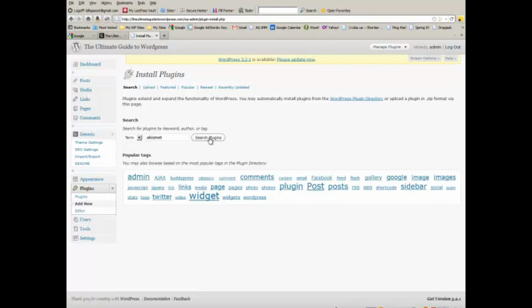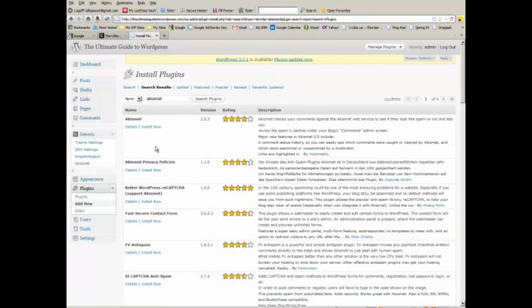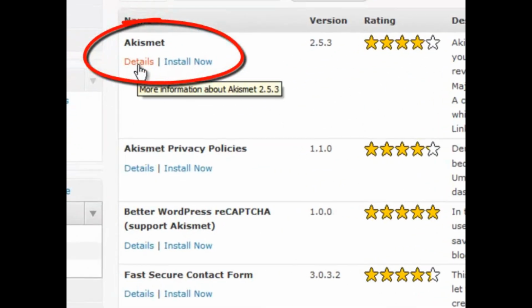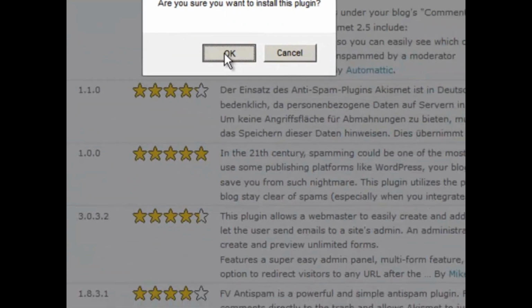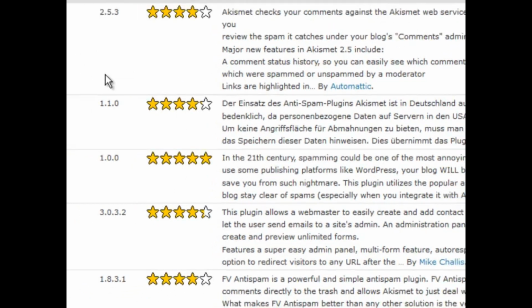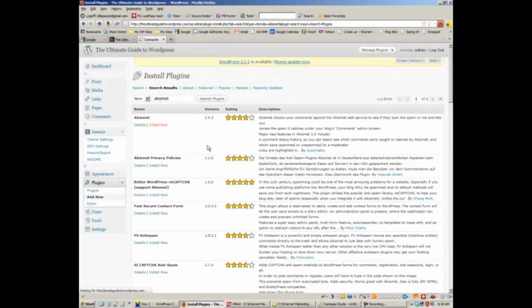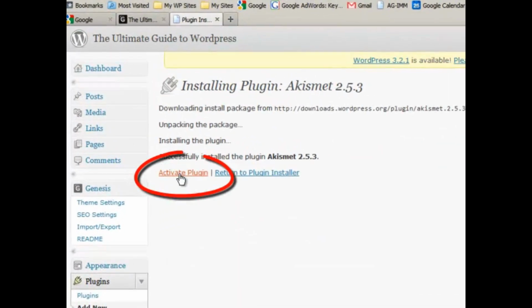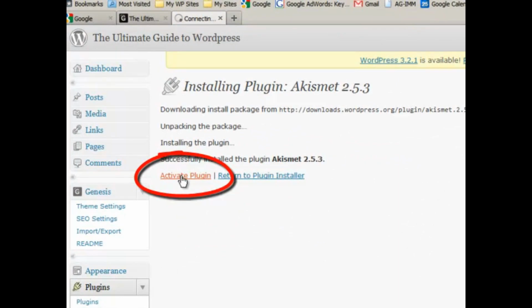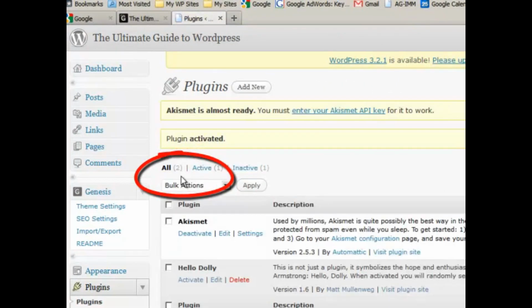So then you search plugins, and you find it here. You have two options. One is details, which will tell you more about it, or you can just install now. Install now and click on OK. Then you activate the plugin, and then you go to settings,